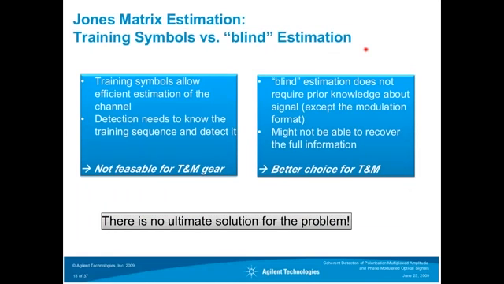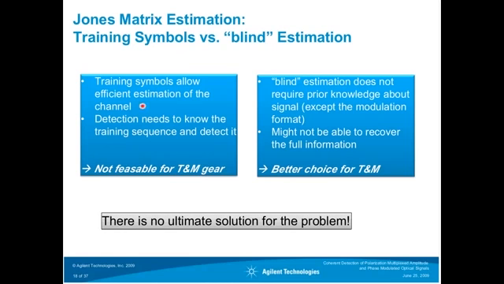So joint spectral estimation is the problem we still have to solve, and there are basically 2 methods to do this. So you could either use training symbols or you could do a blind channel estimation. So what is training symbols? Training symbols are a special piece of information that is sent out from the transmitter, and the receiver knows that there's a special set of information coming in, and by knowing what is coming in, it's easier to do an estimation of your channel.